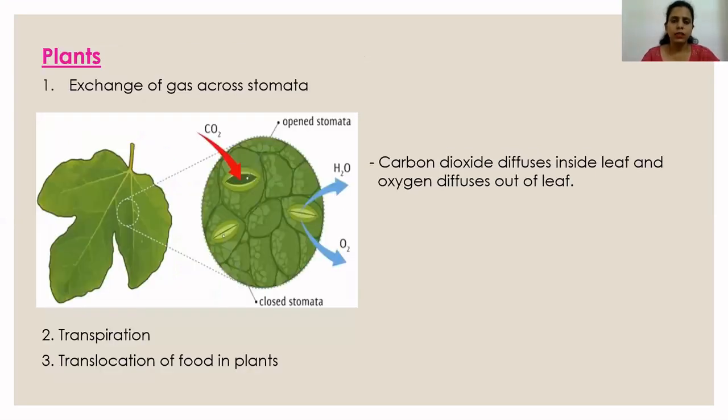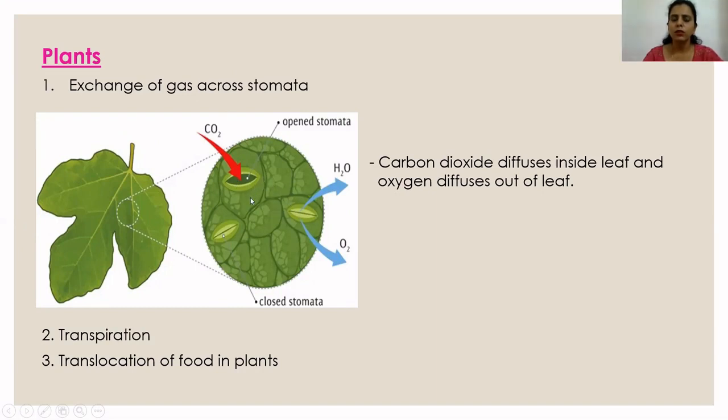Next, in case of plants, diffusion takes place in the leaf for the exchange of gas. The lower side of every leaf has small openings which are known as stomata. Stomata help in the exchange of gas. Carbon dioxide is required for the process of photosynthesis by plants. So carbon dioxide is present in the air surrounding the leaf. So carbon dioxide moves from the air inside the leaf, and in the process of photosynthesis,